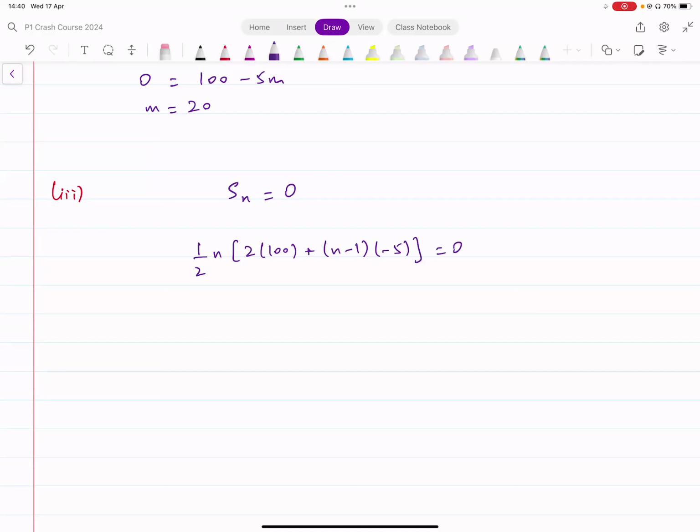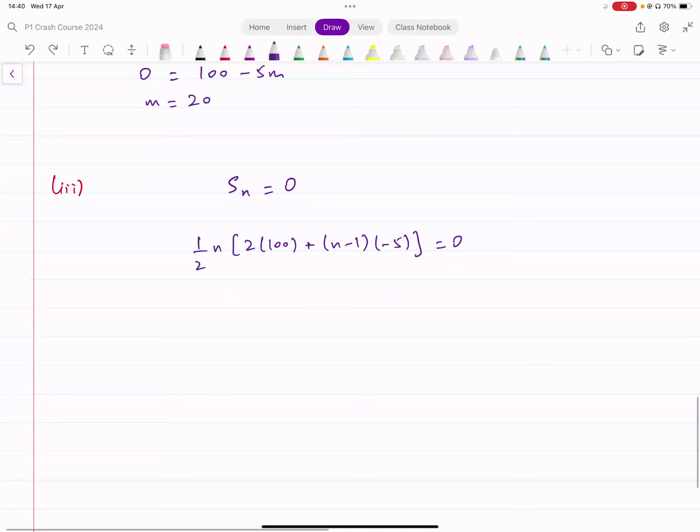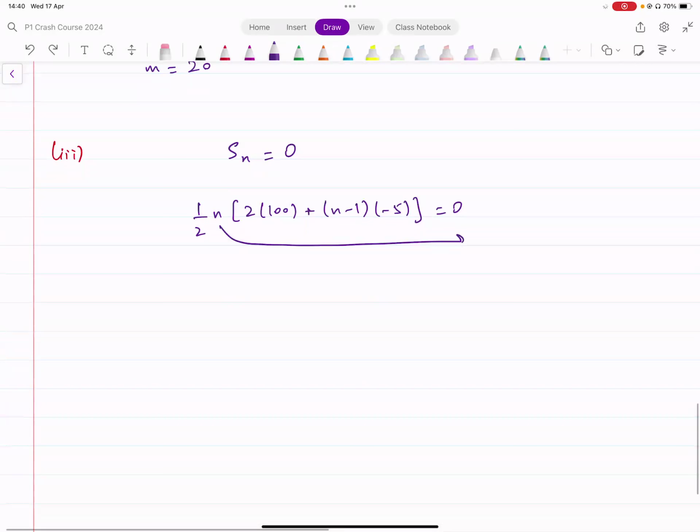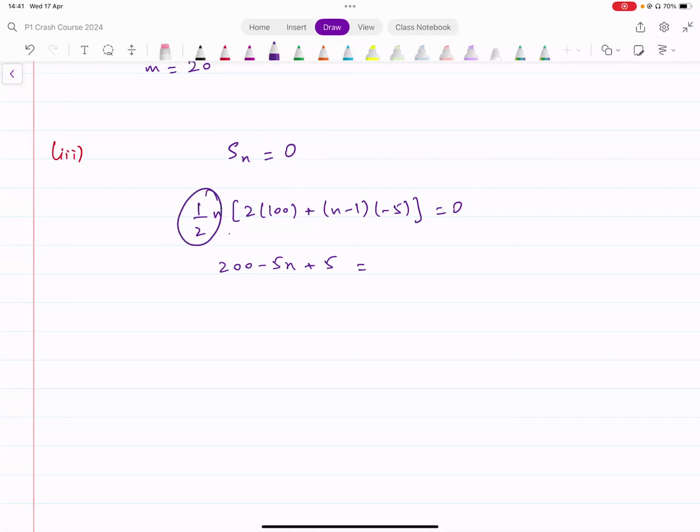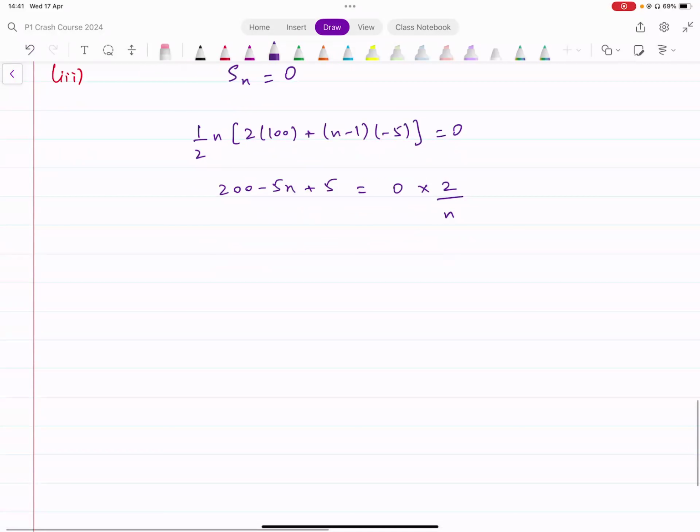That equals 0. 2 goes to the other side, gets multiplied by 0. n goes to the other side, 0 over n, that also gives you 0. What are we left with? 200 minus 5n plus 5. Okay, because when this whole thing goes to the other side, it gets eliminated. So it's basically 0 into 2 over n, that gets eliminated. So we have 200 minus 5n,